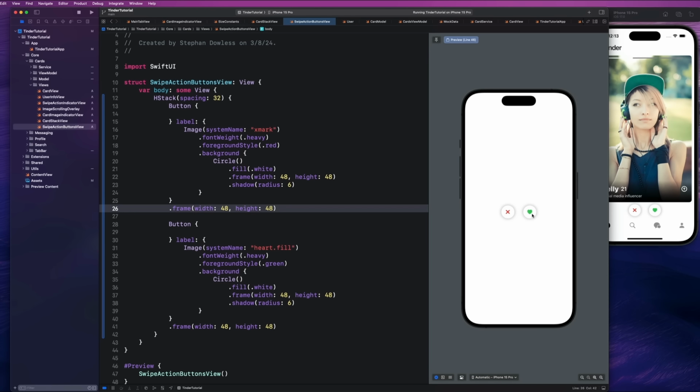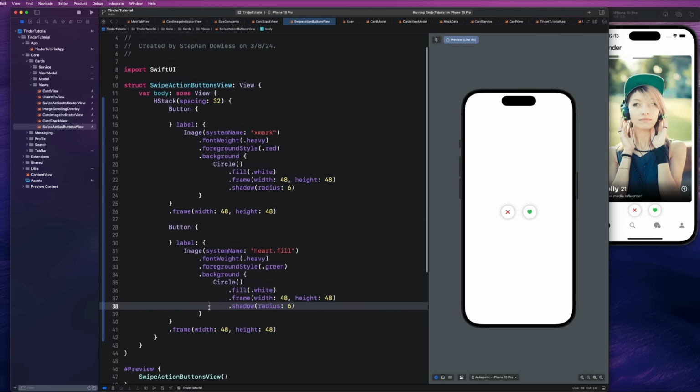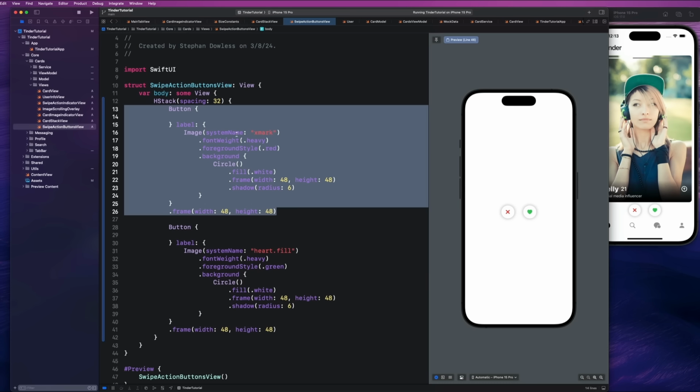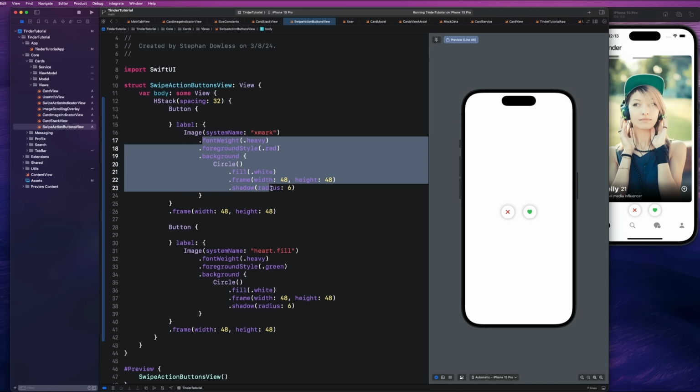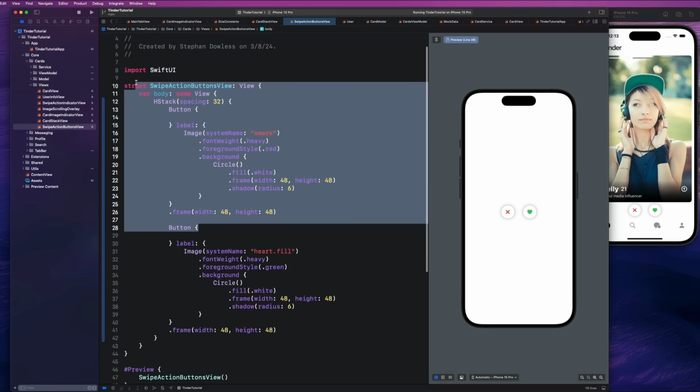Perfect, right? And we notice that we get that beautiful tappable button functionality. So this looks really good, guys. Something that I have in the completed app, I created a separate subclass for each of these buttons. And because we noticed that we're reusing a lot of the same code, I'm not going to dive into that